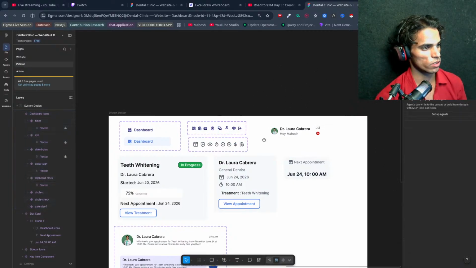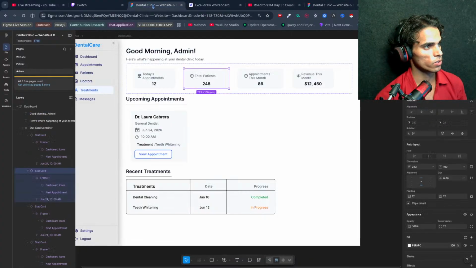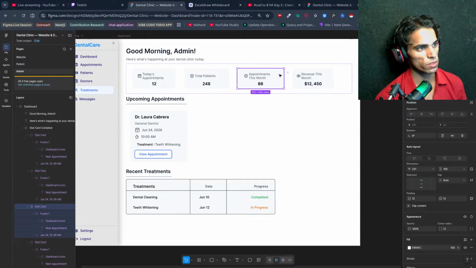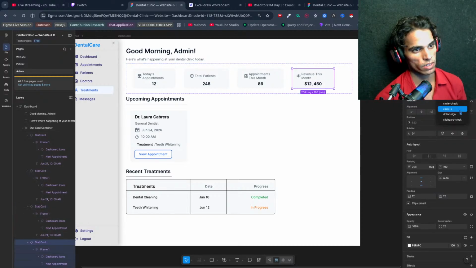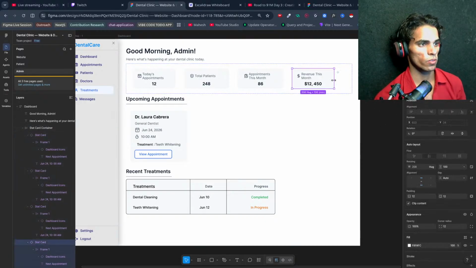Yeah, so this is how we can change all the icons. And now get into this and use other icons, like we can use for appointments this month. I would like to use clipboard, and for revenue this month I would like to use dollar sign.